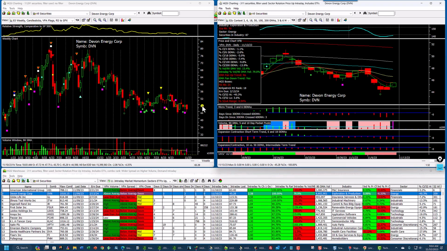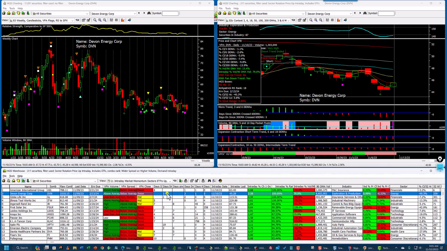And there's money clearly in a downtrend, but there is some buying coming into here. So these sector views, this is where the action is for institutions. So I pay attention to these. Now, you can see here that Devon,